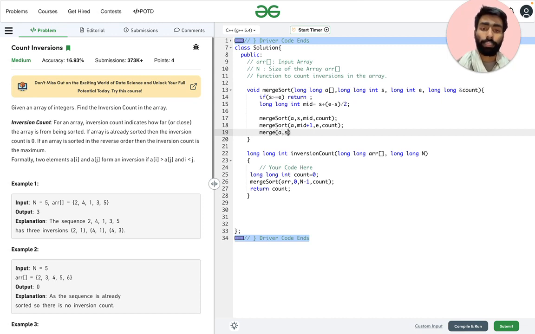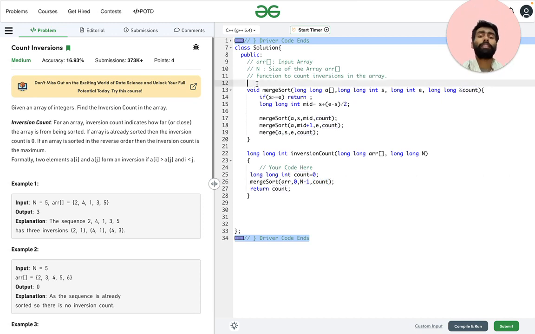There we will pass the array, and this function will merge, and the count variable will be updated in the merge function, and from there we will return.